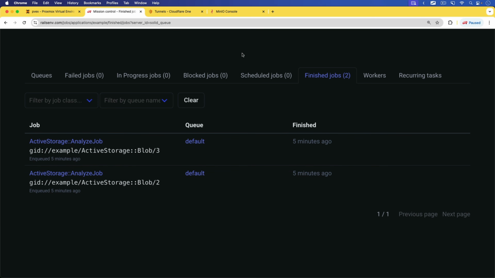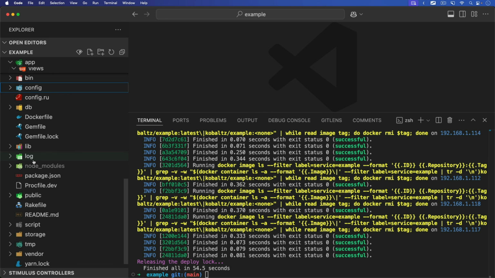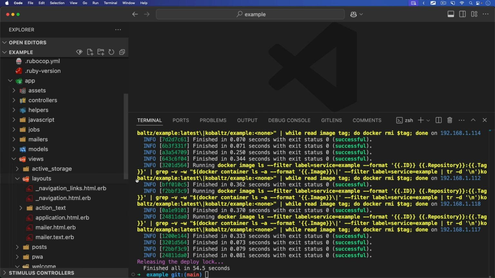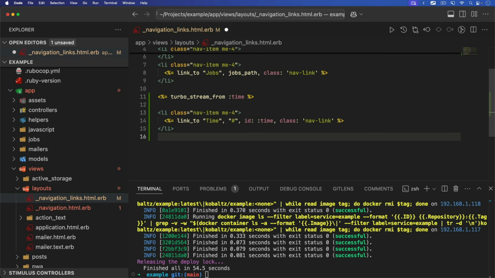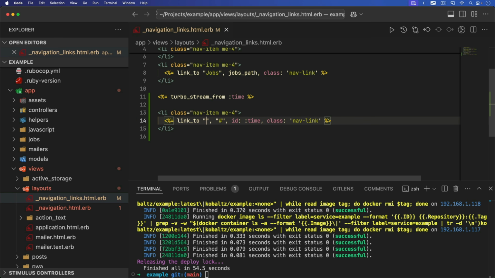So that worked. And so the final thing that we need to do is to verify that our Action Cable is working. And so we can do that with a turbo_stream_from, and we're just going to have a time. I'm not going to go into it too much, just because that's not the focus of this episode, but essentially, we're just going to have an ID of time that we're going to replace with the content. So we'll replace this time, which I'll just make an empty string, and we're going to replace it with